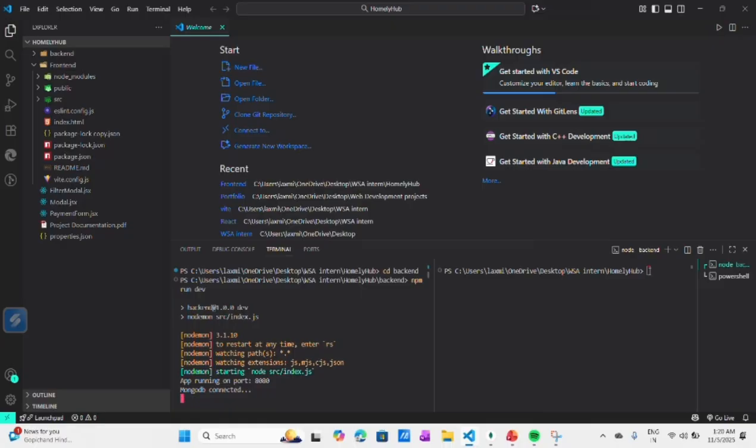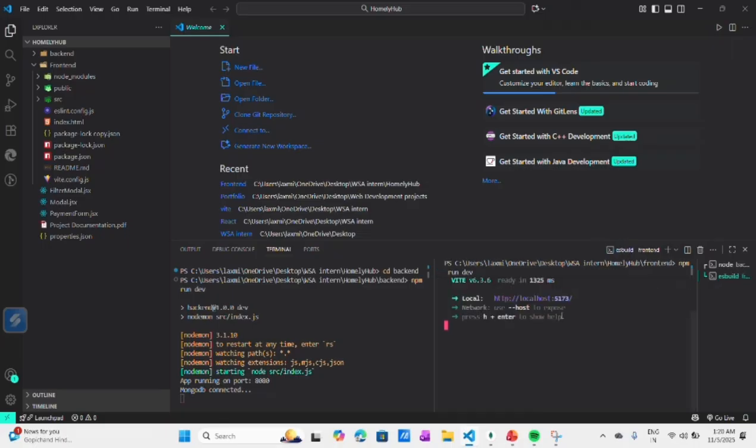So let's move to the front-end part. Here we write cd frontend and npm run dev.